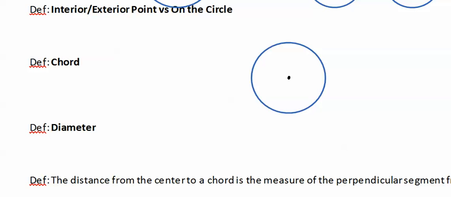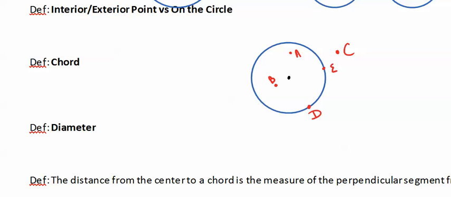To have an interior point of a circle, the point has to be less than the radius and obviously lie inside. So a point here or here, let's call these A and B, those would be interior. While an exterior point would obviously be on the outside of the circle, past the radius. And if it's on the circle, it would have the same distance as the radius, so that would be something like D